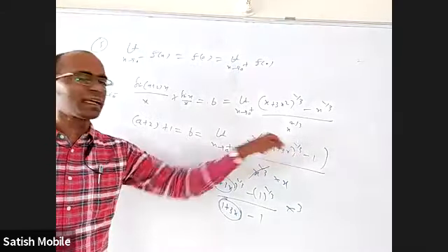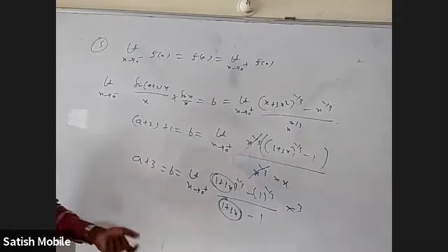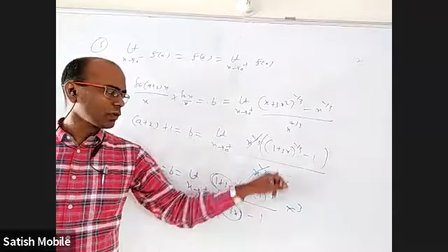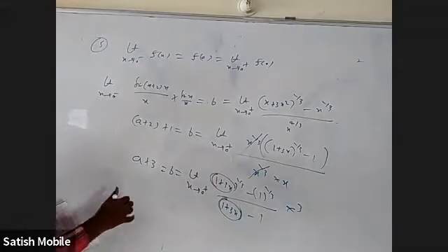Remove 1 by 3 and write 1 by 20. Okay. You have to do this way only. Of course, you can always use L'Hospital rule. If you don't do anything, it is 0 by 0 form, just simply use derivative also, it will come. L'Hospital rule is not at all different.